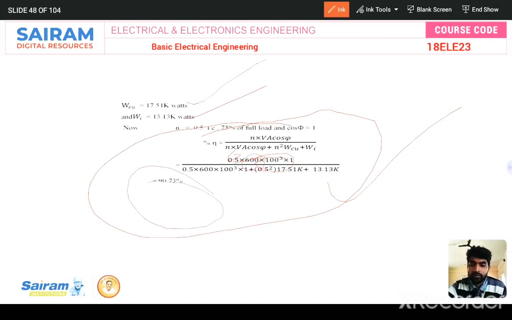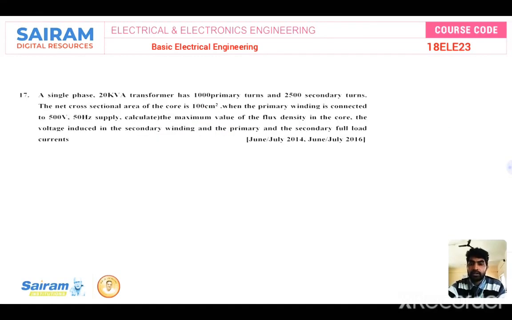Before solving the problem, we must know the transformer efficiency, just like an assumption, above 90%. If you are getting less than 60 or 70% or less than 80%, once again redo your calculation. Just check the data given. Because the transformer efficiency will always be more than 90%, then only the transformer is in good position, in working condition. Okay, let's see another problem.